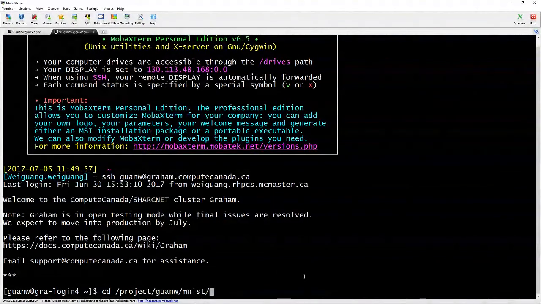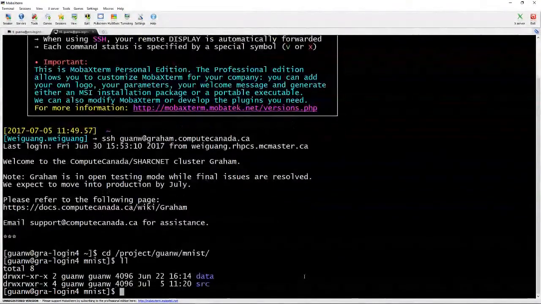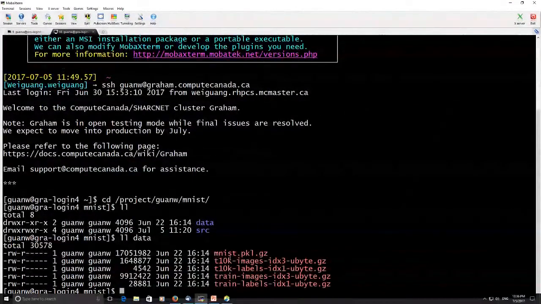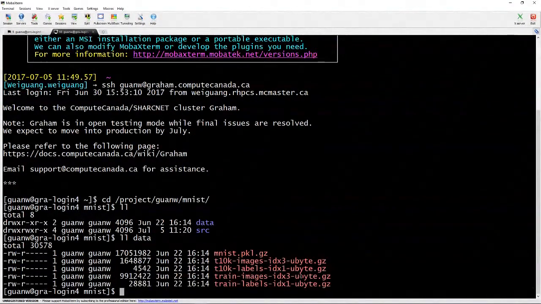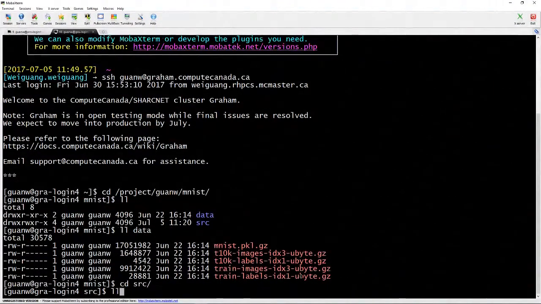Okay, first we go here. We have data, those four files, downloaded from Yann LeCun's website. Okay, and the source code is here, which is Python code